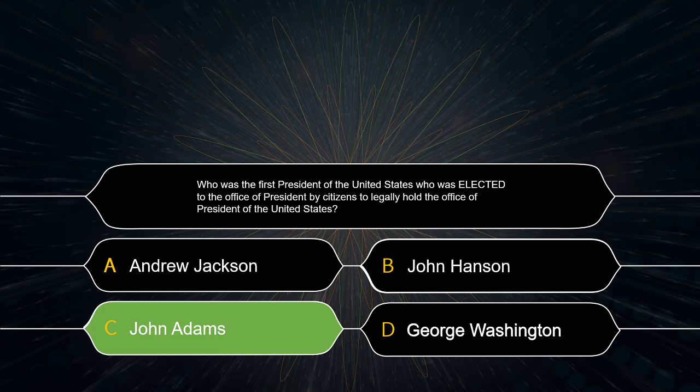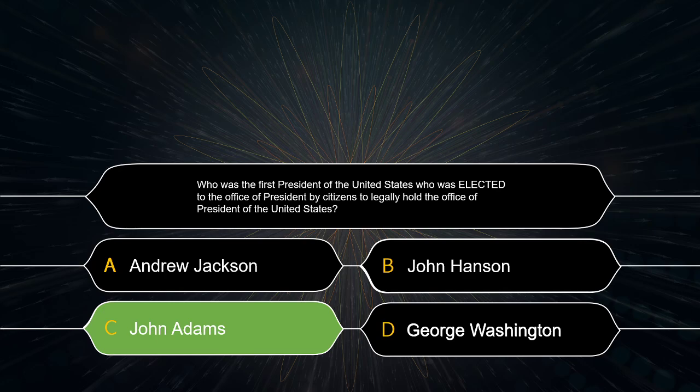Again, if you're outside the United States, I promise you had the advantage in this question. John Adams ran for the office of president in 1788 and received votes, actually coming in second place to George Washington. So he was voted on, aka elected towards the office of president. He just didn't win the office. The definition of elect means to choose for that office. He was chosen by the citizens to be president, but he didn't win.